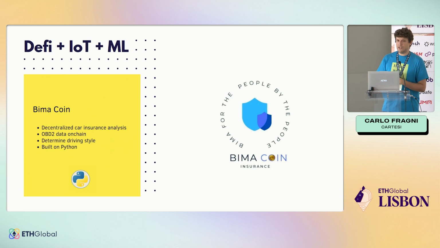Most cars today have this OBD2 port in which you can export all the data from the car computer. They feed it into the Cartesi machine. Then inside the Cartesi machine, they have this model that analyzes this data and comes up with a risk metric saying you're a good driver, you're a bad driver, you're an average driver. And based on that data, they deny or approve your insurance, and they make it cheaper or more expensive.